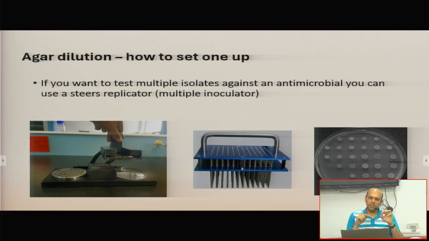And what happens is that you have the steers replicator, or the inoculator, which is the second or central picture. There is a button on the side. You press that button, and it sits in those wells, which we call steel wells. It will sit in those wells and lift itself up, and then you put a plate in front of it. So then in the third picture you see